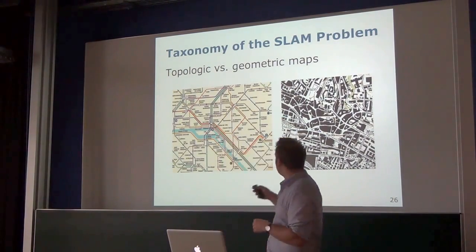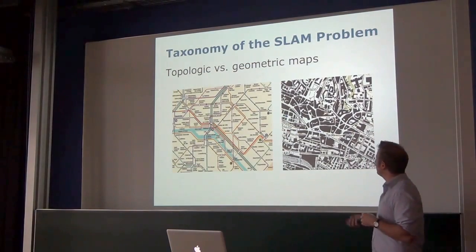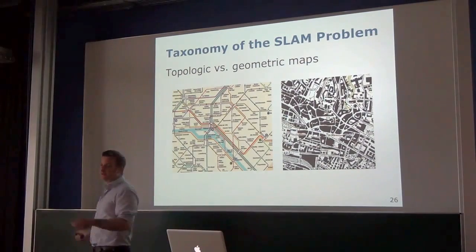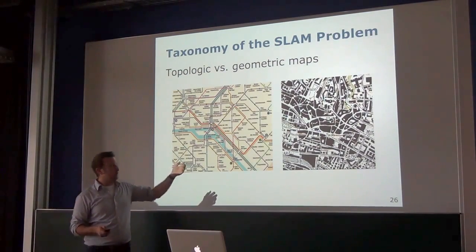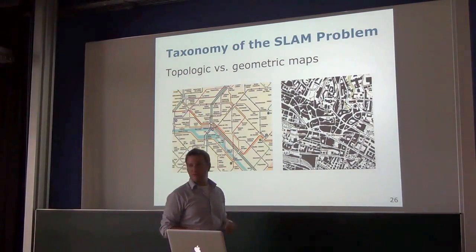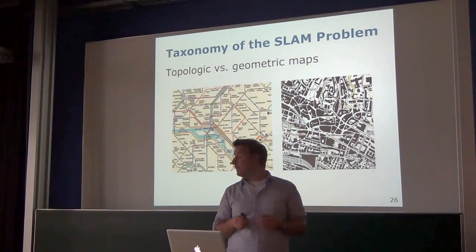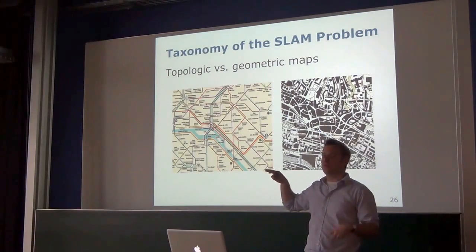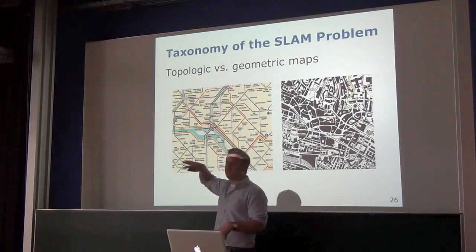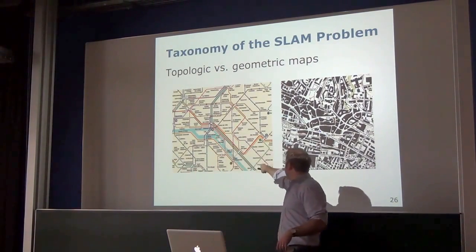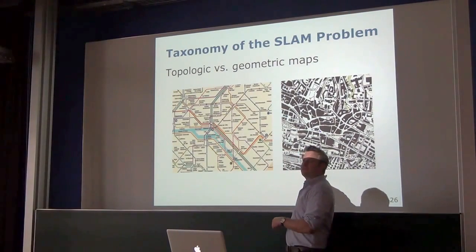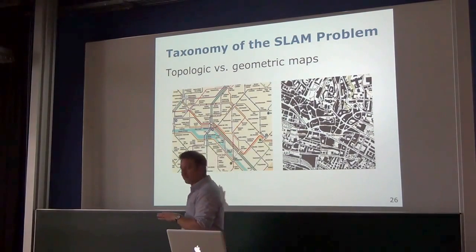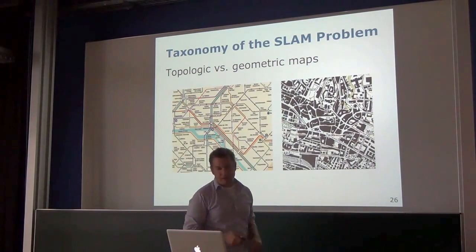But in robotics, these metric representations turn out to be at least the more often used ones. Although they are bigger in storage, they often allow the robot to better localize itself in those environments, or more accurately carry out certain tasks. So in most applications in robotics, you find geometric maps or partially combinations of both, where you take this kind of graph structure and attach to every node in this graph a local geometric map. So you find combinations of both, but topological maps are not that popular anymore today,